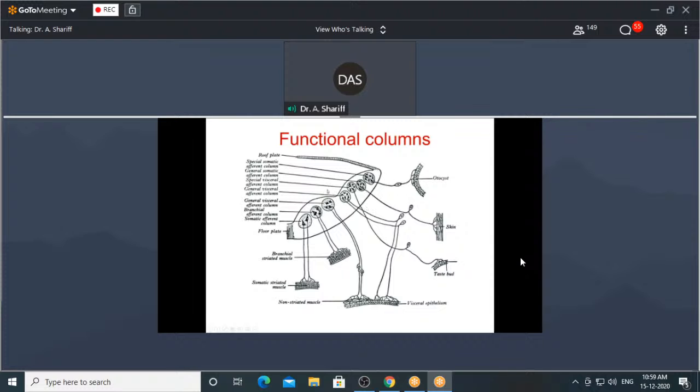particular sulcus limitans. Can you see this groove here? That is called the sulcus limitans. Closest to the sulcus limitans, we have the columns which are concerned with innervation, afferent or efferent of the viscera. So here on this side we have the afferents to the viscera, whereas here we have efferents to the viscera. Okay, so